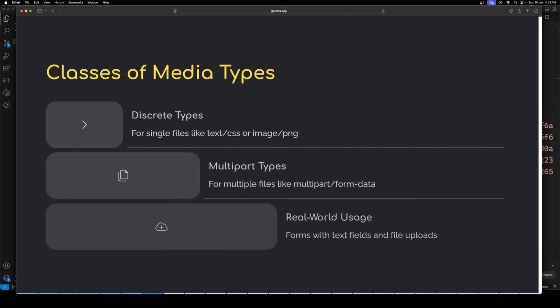So fine. So now here we need to understand the classes of the types of media types. So what are the different types? So media types come in two different categories, that are also called two classes, discrete and also multi-part. Discrete means this is for single files like text slash CSS for a CSS file or image slash PNG for